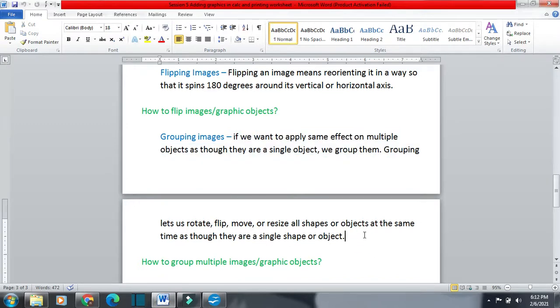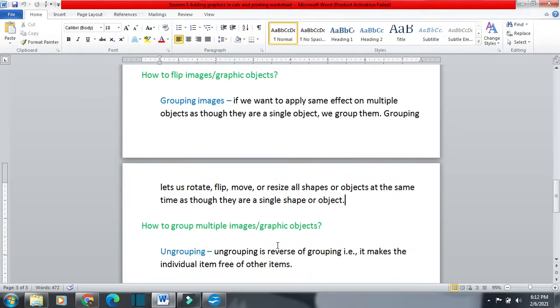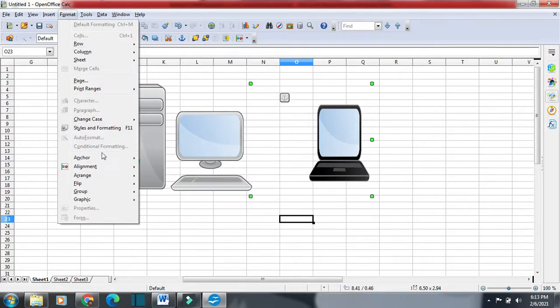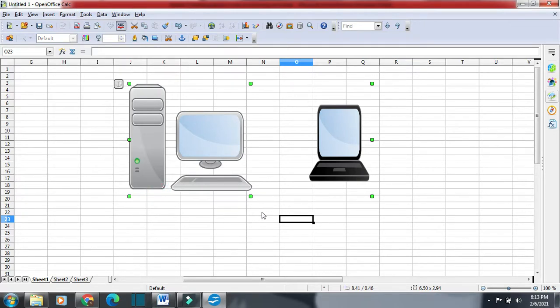So we will see how we go for the grouping. So how to group multiple images or graphic objects. Suppose we have two images here, two graphics, shift and then this one. So we have selected these two images. I will click on format and then go to group and then click on group. Now you can see both the images have now been connected or attached.